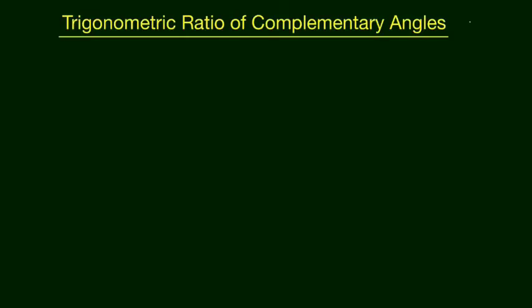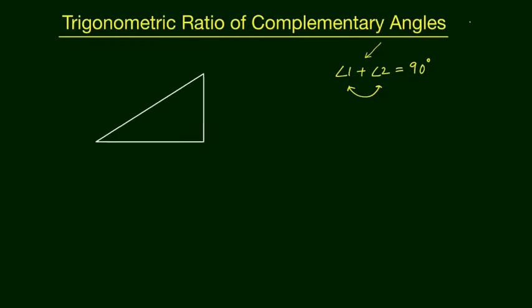Okay, so the topic is trigonometric ratios of complementary angles. In this topic we are going to learn how we will convert the complementary angles into trigonometric ratios. You know very well what complementary angles are, but I am repeating this concept. If the sum of two angles is 90 degree, then those angles are known as complementary. Symbolically, angle 1 plus angle 2 is equal to 90 degree, so we can say both the angles are complementary angles. Let's take a triangle ABC.